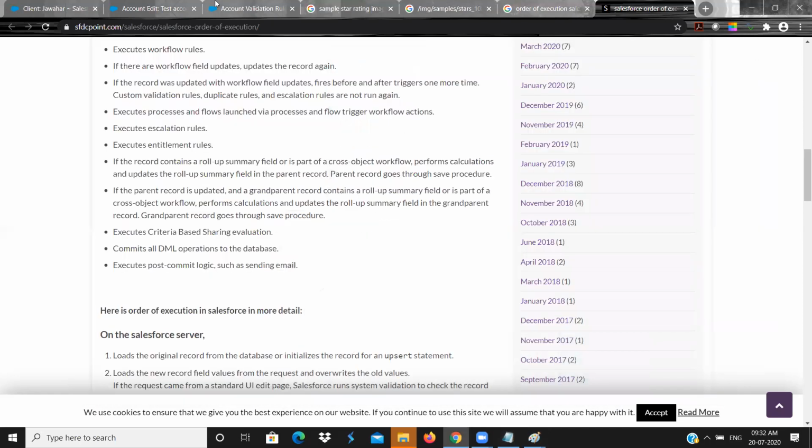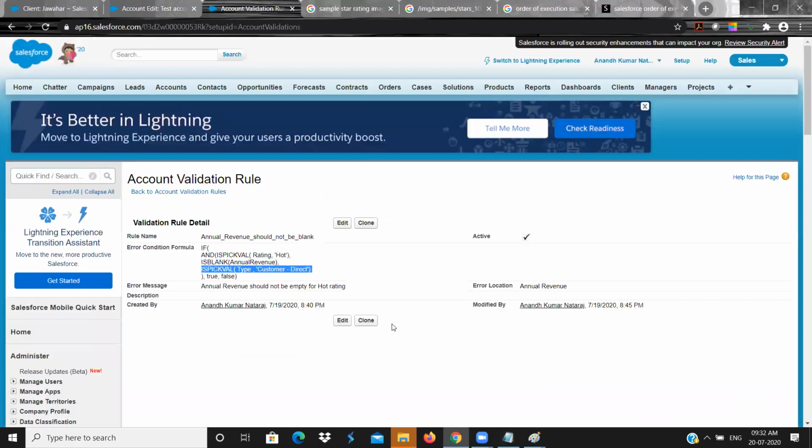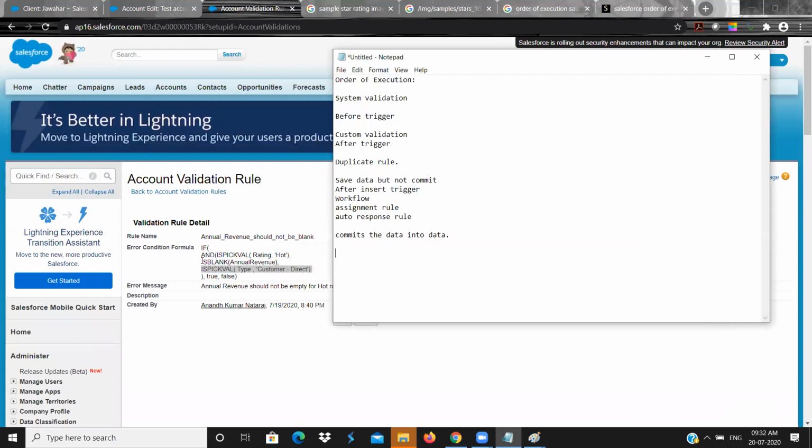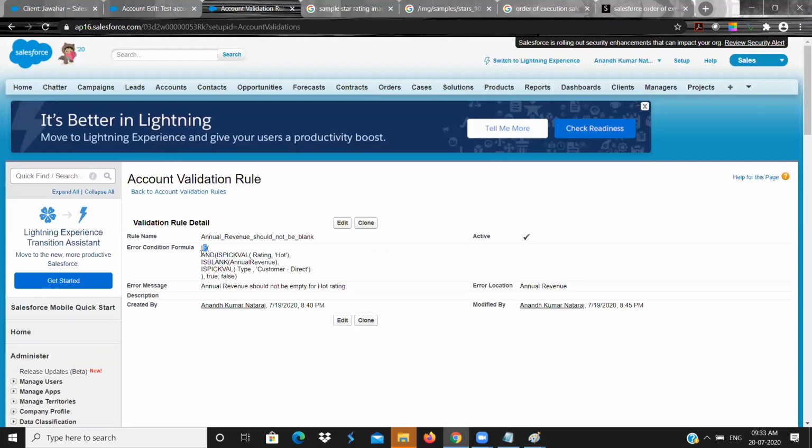Okay, so here also the second logic comes, and it checks line by line. If what the user has given uses an and operator, it will check. First thing, is there and is there, and what criteria he gave, three criteria, 1 2 3. So it will check whether 3 is satisfied or not. Rating hot, yes, rating is hot. And annual revenue is blank, no, annual revenue is not blank. In that case it will not go and check the third criteria. It will return false and come out of the loop. Understood?